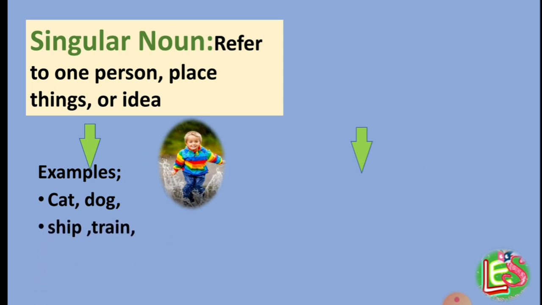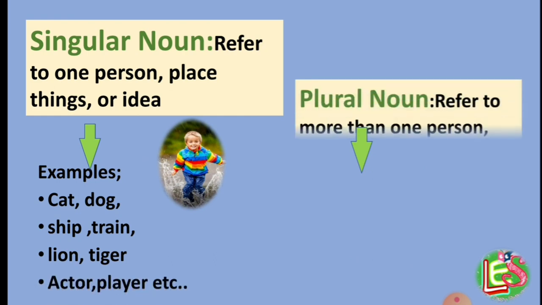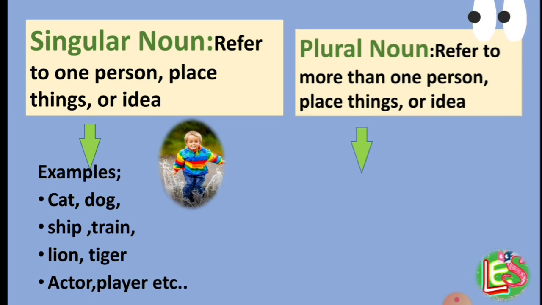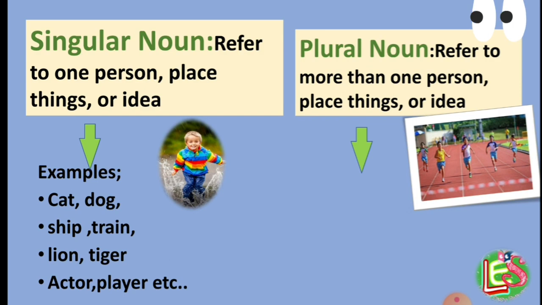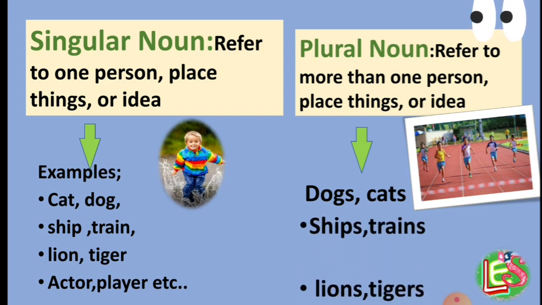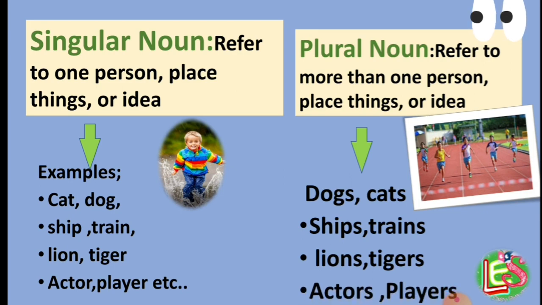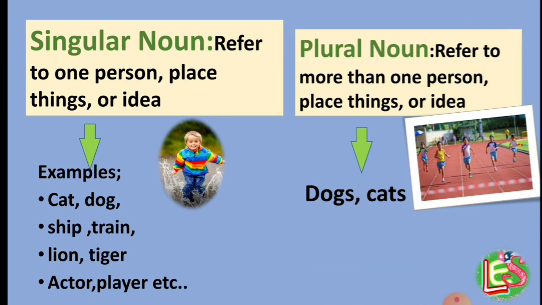So there are examples of singular noun. Cat, dog, means plural insertion is not there in the word. Ship, train, lion, tiger. These all examples are of singular noun, and obviously our next type of noun is plural noun. It refers to more than one person, place, thing or idea. Dogs, cats, ships, trains, lions, tigers, actors, players, these all are examples of plural noun. And students, if you observe our previous picture,